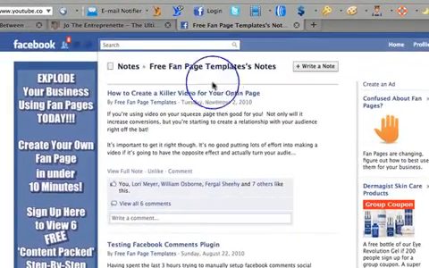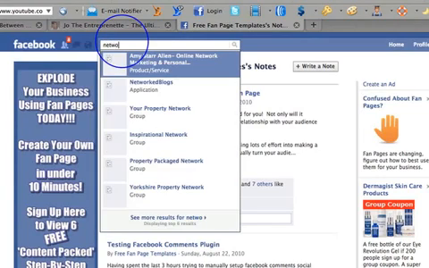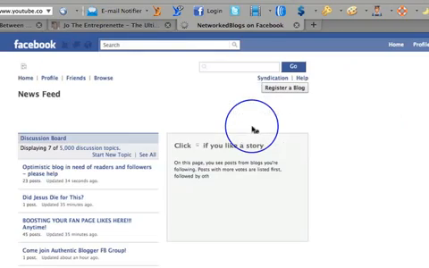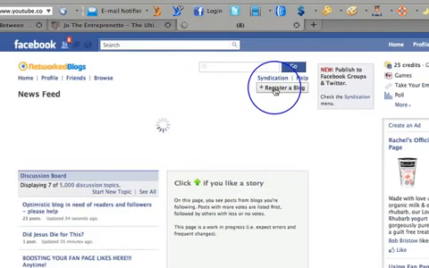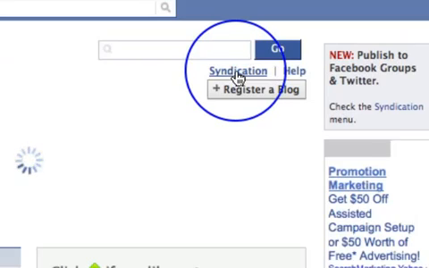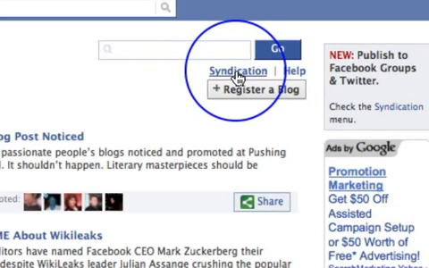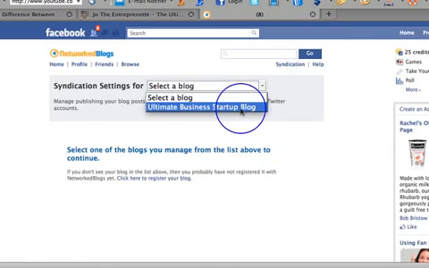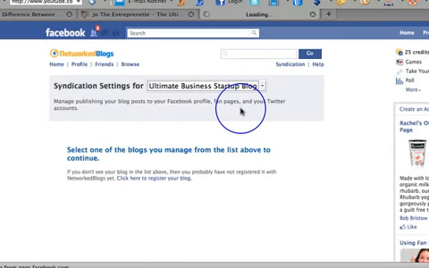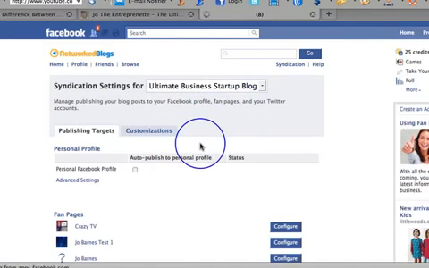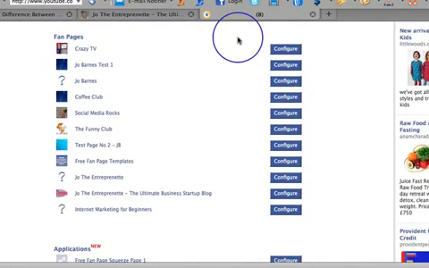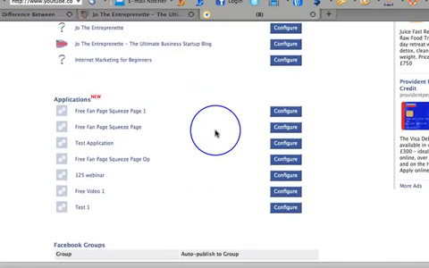So what you do on here is type in the networked blogs application, and you can go into network blogs and register your own blog there. After you've registered your blog, you click on this syndication tab here. What that then does is allow you to choose which blog. So for instance, if I choose my Ultimate Business Startup blog, which used to be the name of that blog, you can then go down and say, I want to syndicate it to my personal profile, and to all of these fan pages,